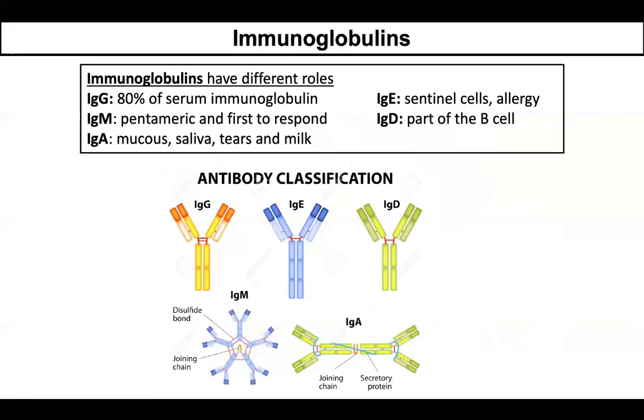Okay, so I'm going to give you guys a little bit of a breakdown on these immunoglobulins, and then we'll wrap up here. So IgG is 80% of your total serum immunoglobulin. That's why it's the one we focus on the most. IgM's pentameric structure actually helps it to be part of the first responder class. So we make a lot of IgM to help get the immune response started. IgA